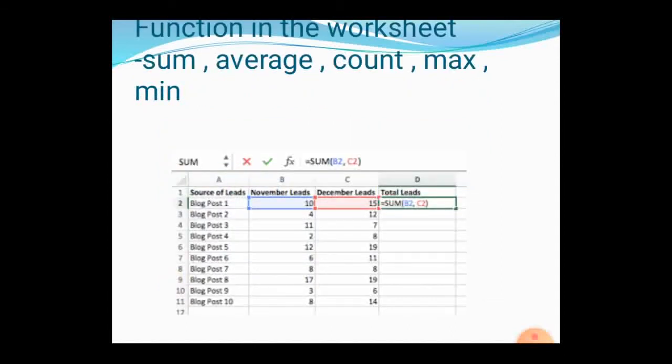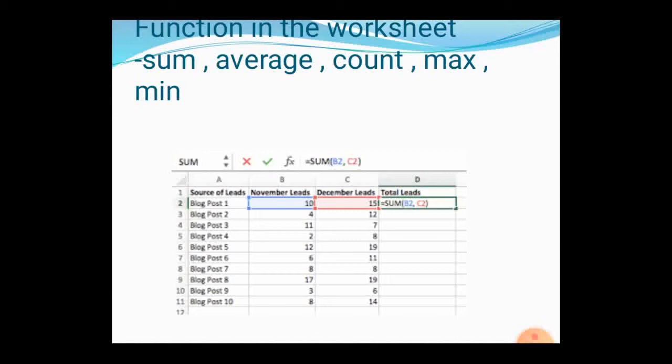Next thing, functions in the worksheet. There are certain functions which are predefined by the developers. Some of them are sum, average, count, max, min. These are the commonly used functions in the worksheet. How do we use sum?